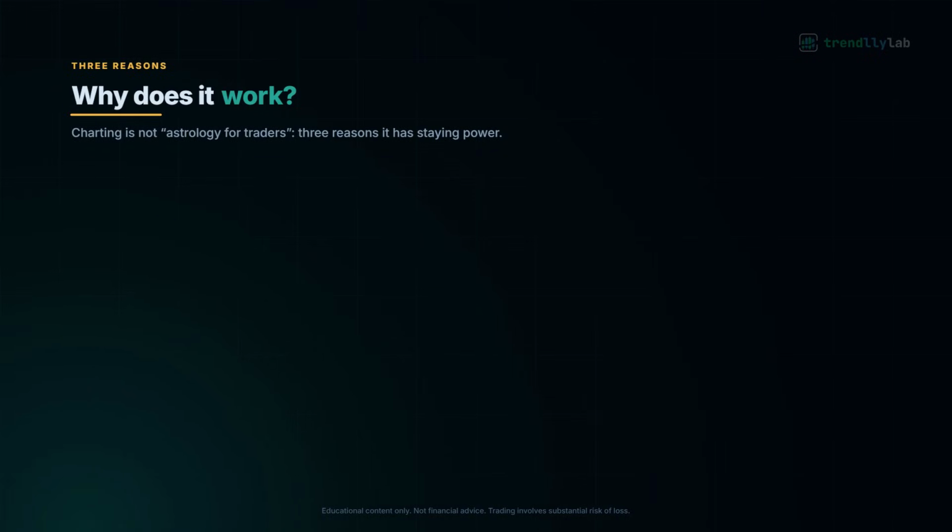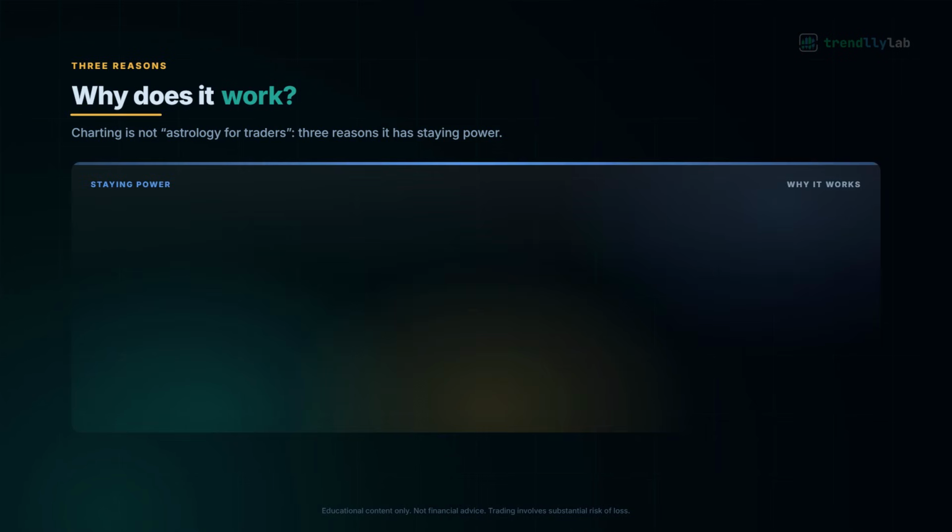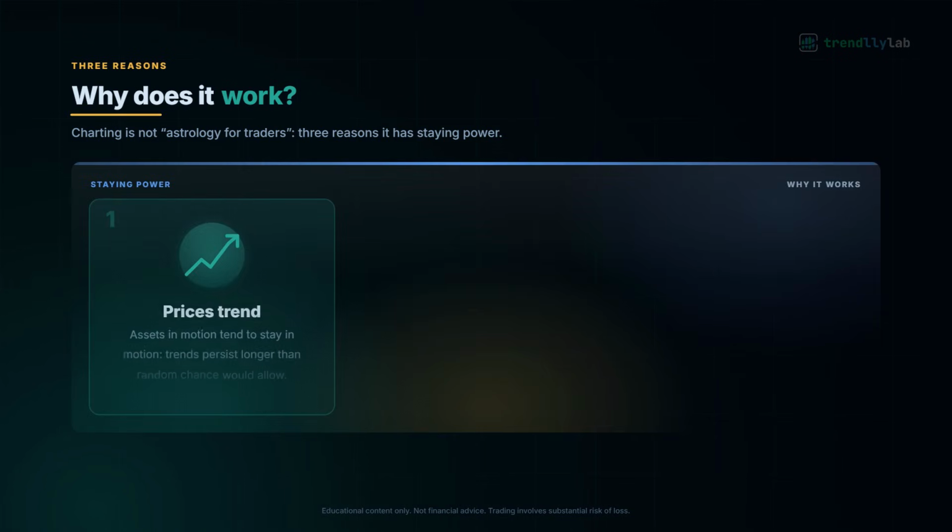Skeptics enjoy calling charting astrology for traders. It is a fair challenge, so here is the honest answer. There are 3 reasons it has staying power. 3 of them, side by side. 1. Prices trend. Assets in motion tend to stay in motion. A stock drifting higher for weeks more often continues than reverses on a dime, and trends persist longer than random